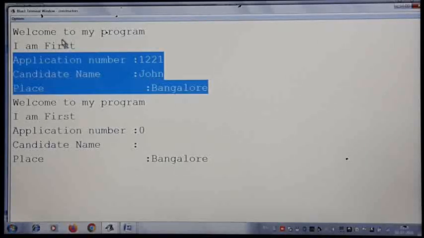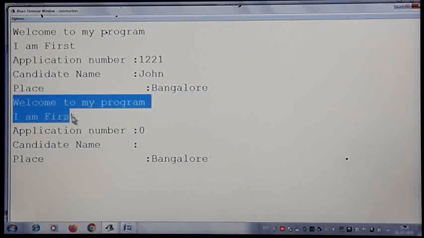But nowhere I am calling the constructor, I just gave a statement to create an object. The moment you create an object, constructor got invoked. Second time also, we are creating CND2, means candidate 2. When you create an object, second time also constructor got invoked. Again you are getting these two messages which are there in the constructor. Again we are calling cnd2.display, but no details are given for the application number and candidate name, so we are not getting anything. Default place is set in the constructor as Bangalore, that is what we are getting for the second candidate.